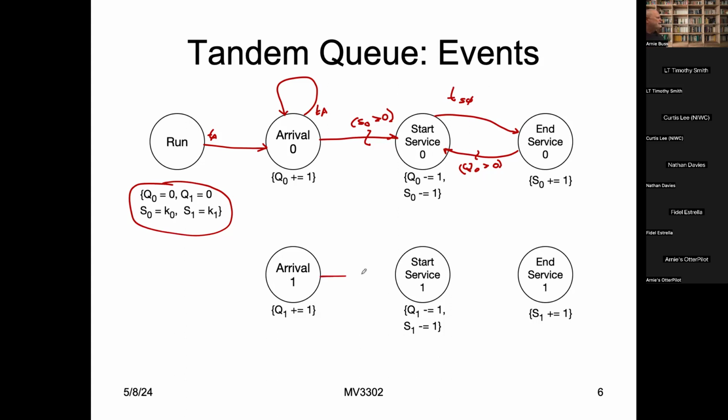Well, once I have an arrival at the second station, then I can do exactly the same, the same logic here, bigger than 0. And now the delay is simply the second service time. And then if there's somebody in that second queue,